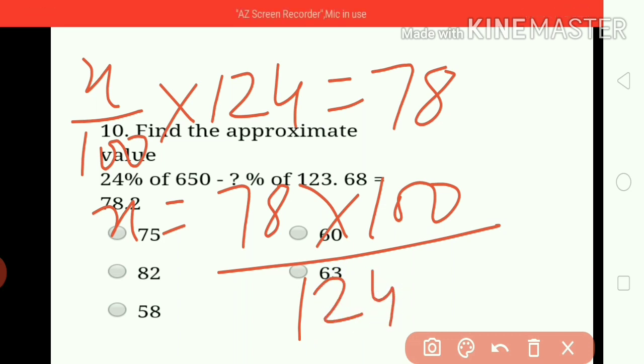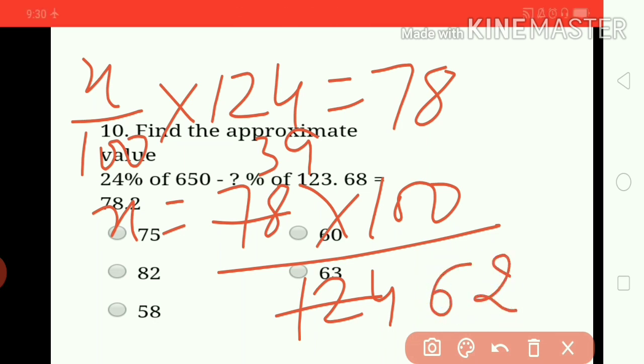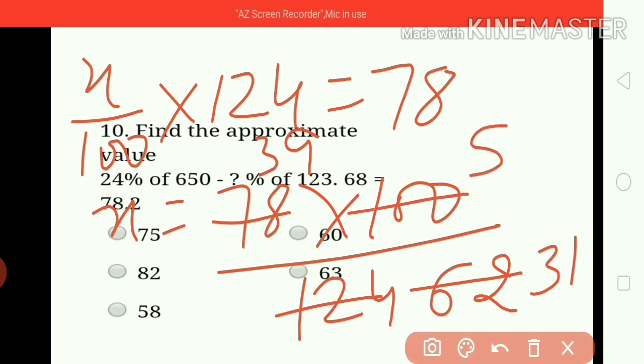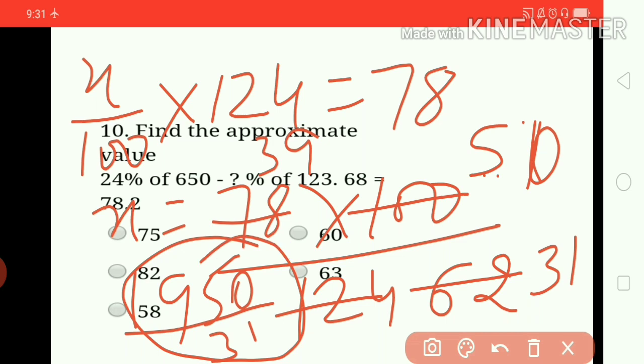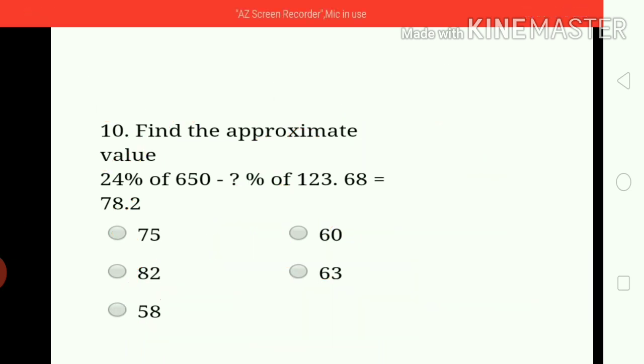Now solve it. If you can cut here, 2 3s are 6 and 2 9s are 18, 2 6s are 12, 2 2s are 4. You can again cut here, 2 3s are 6, 2 1s are 2, 2 5s are 10, 2 0s as it is. So let us multiply. This is 0 and 5 9s are 45, carrying 4, 5 3s are 15 and 4 is 19, by 31. Let us calculate the approximate value of this one. We will get the solution finally.